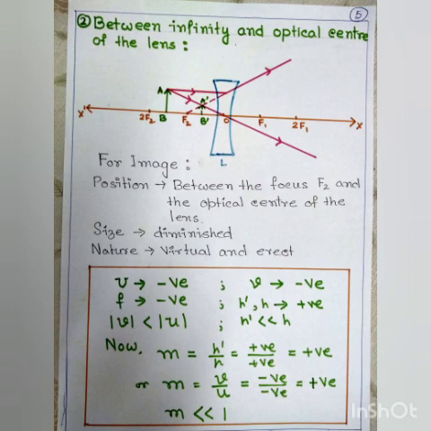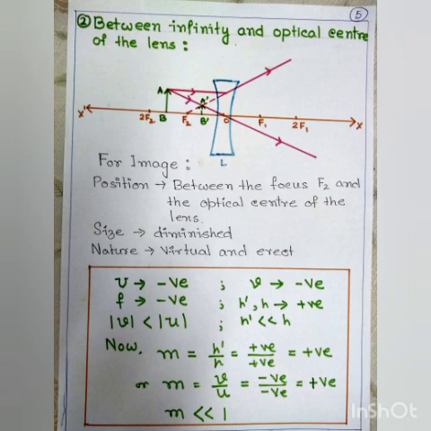And see, for the next picture where the object is anywhere, for that condition the image is between optical center and f2. So what is the range of the image here? The range of the image is in between optical center and f2. So therefore if we consider only these two situations, the possible position of the image will be in between optical center and f2. So therefore we can consider only two situations for the concave lens.